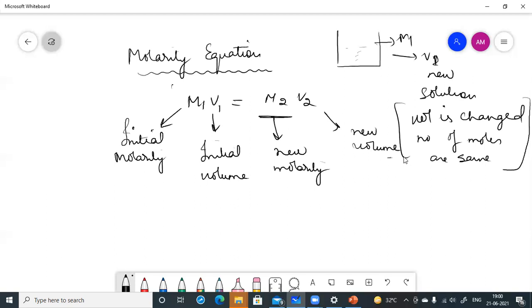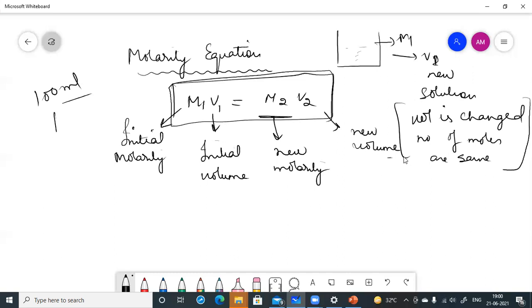तो एक्चुअली ये फॉर्मूला हम यूज करते हैं whenever we have to dilute the solution, ठीक है। जैसे अगर आपके पास 100 ml का solution है and you want to dilute the solution to 200 ml, of course if you increase the volume of the solution तो आपका dilution हो जाएगा, ठीक है, अगर आप उसमें अमाउंट ऑफ सॉल्वेंट ज्यादा डाल दोगे। तो डाइल्यूट करने पर उसकी नई कंसेंट्रेशन क्या होगी, what will be the new concentration of the solution, so for that we use this formula, ठीक है। बस इसमें यही था और कुछ नहीं था। So this was your chapter of basic concepts and please practice questions of this chapter, ठीक है।